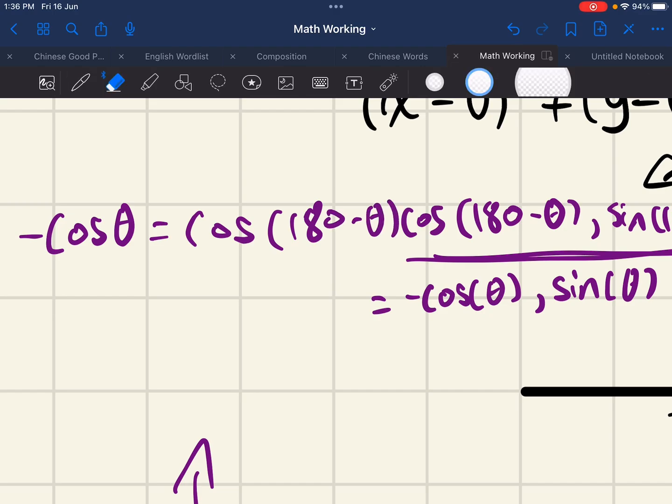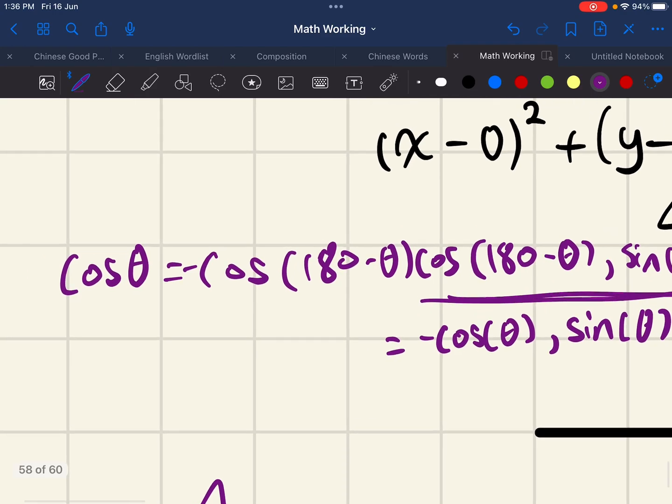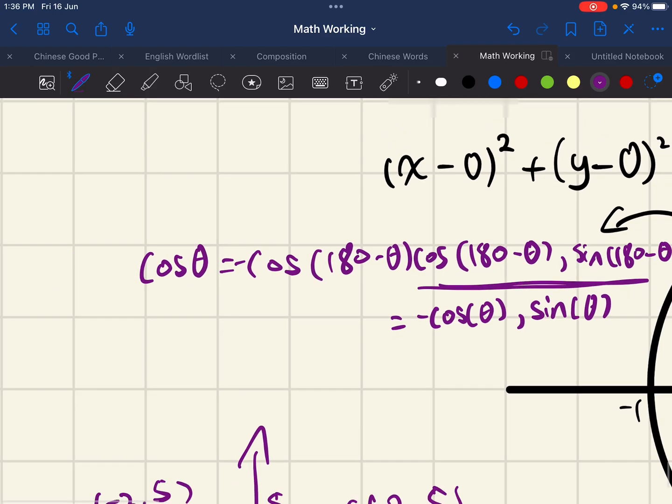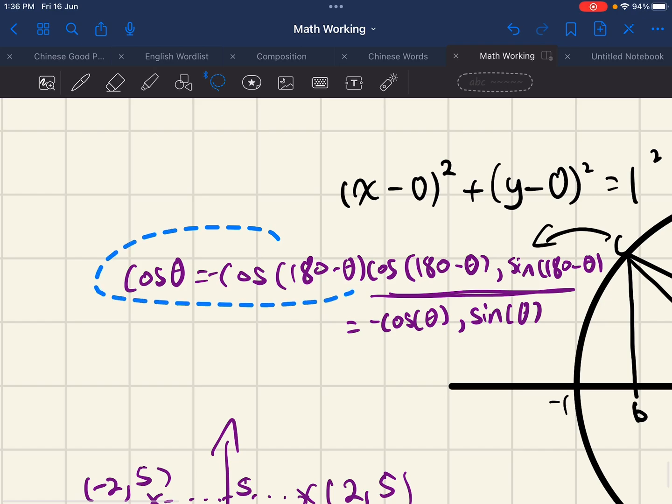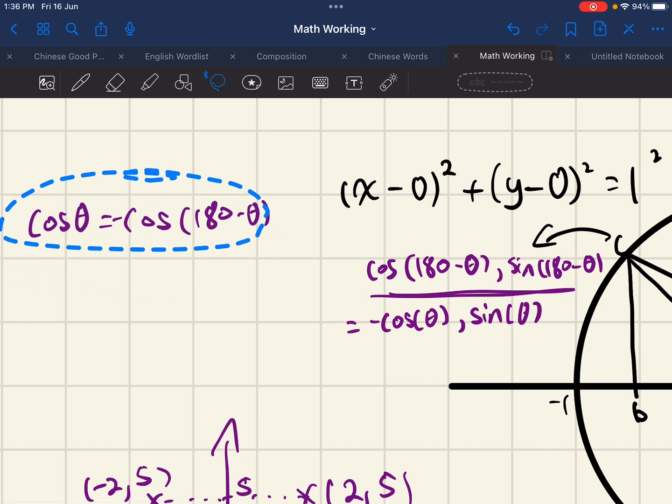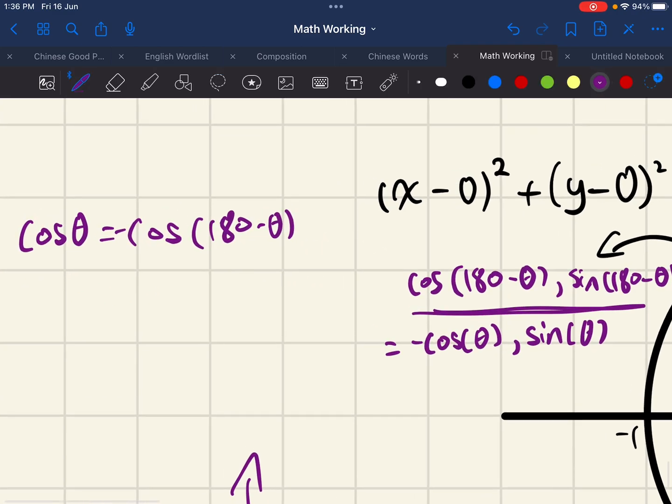You can always switch the negative sign. No worries about that. You can switch it over. Okay, maybe it's a bit too messy. Yep. So maybe I can now say that sine theta equals to sine 180 minus theta. Sorry for the hiccups in today's video, but